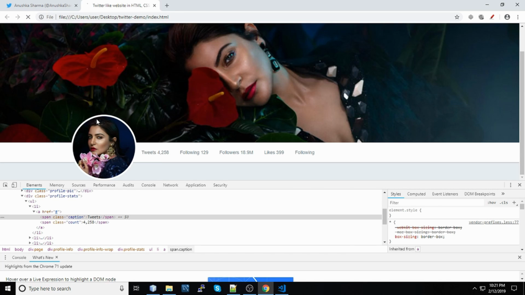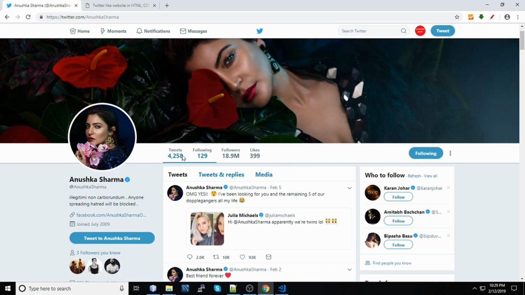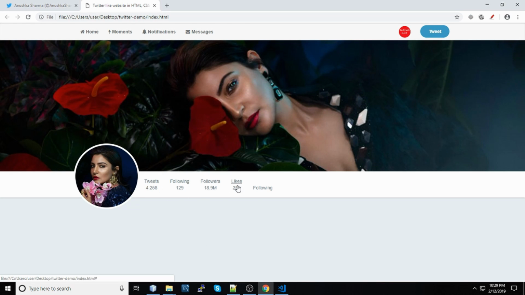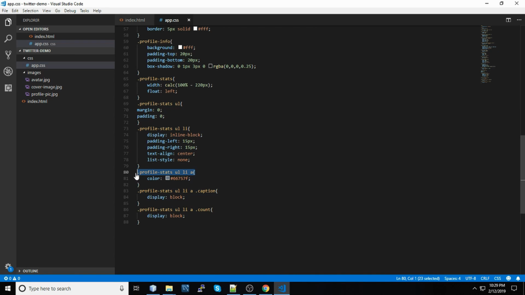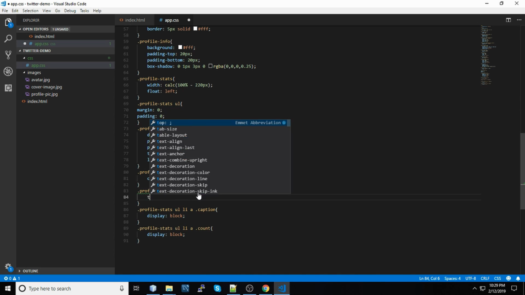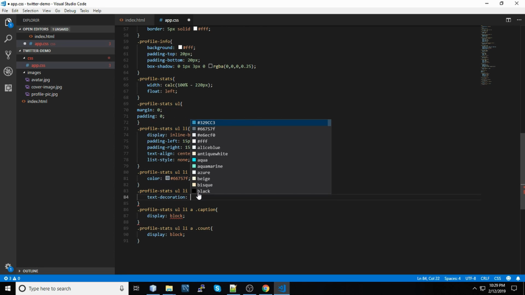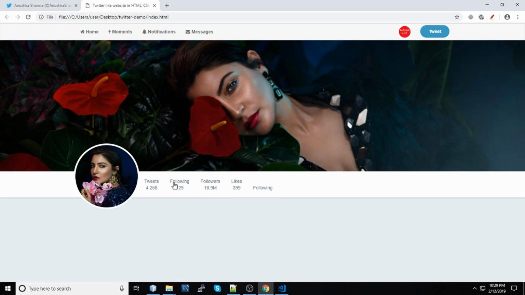And refresh it. So let's add the styles like this to this menu. But we don't want this kind of underline on the text, so first remove that underline, so add CSS for that. Refresh it, and yeah, underline is gone. So do the